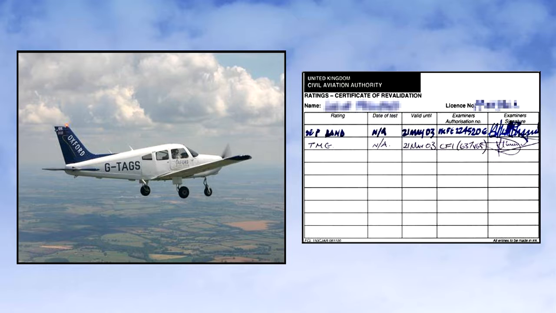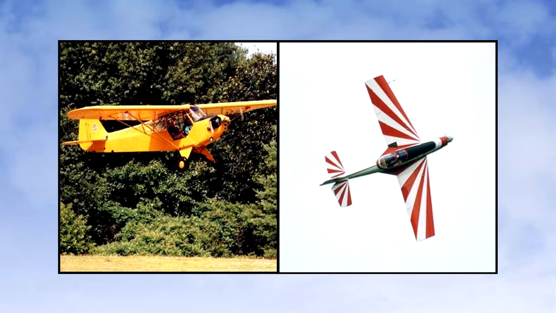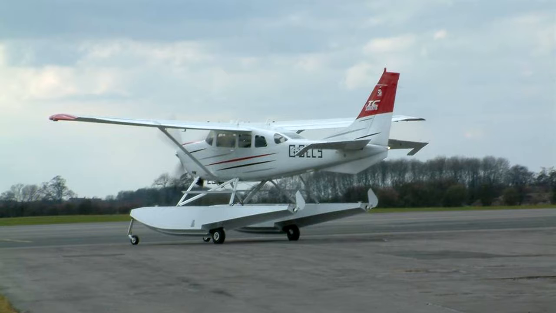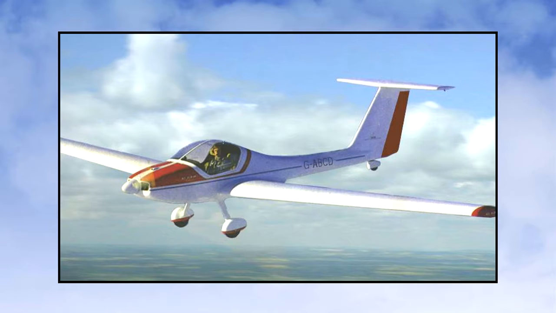We'll now take a closer look at the different kinds of ratings. Let's look at class ratings first. As we have said, a class rating is usually issued with a private pilot's licence. A class rating qualifies a pilot to fly as pilot in command of any aeroplane within that class. Class ratings are issued for the following classes of aeroplanes: all single-engine piston aeroplanes, land; all single-engine piston aeroplanes, sea; all touring motor gliders;